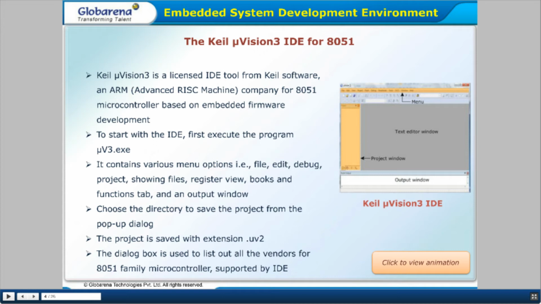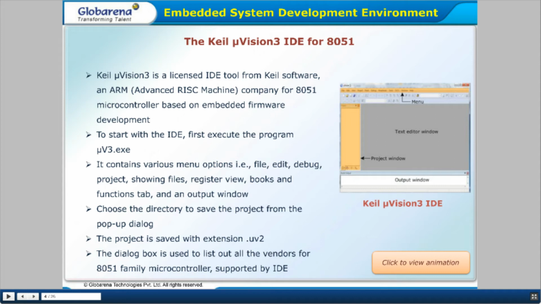After choosing the particular directory to save the project from the pop-up dialog, the next step is that the project is saved with the extension .uv2.